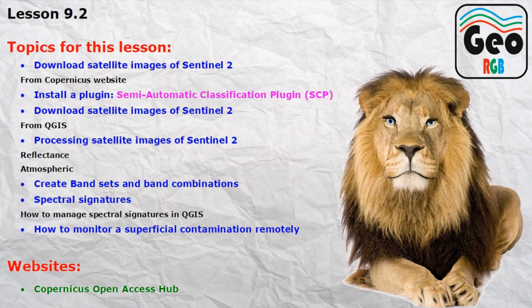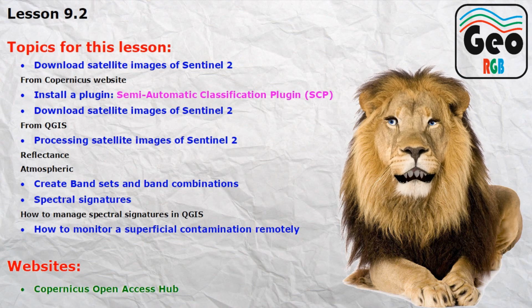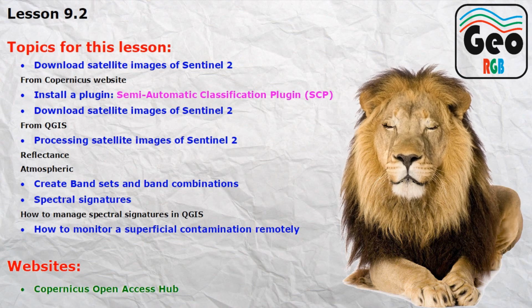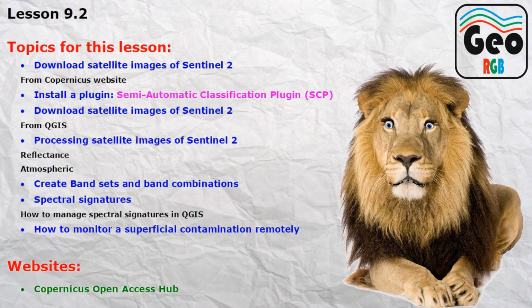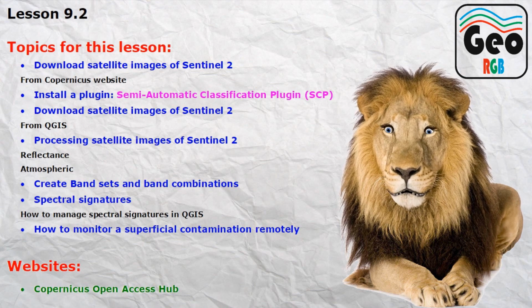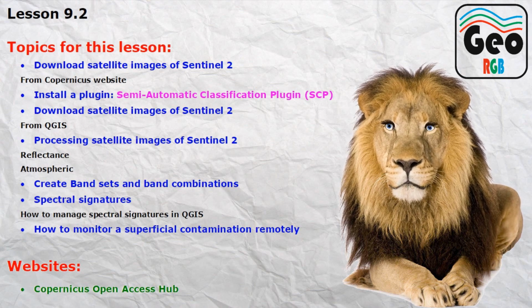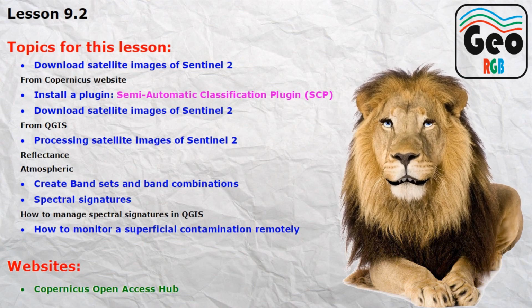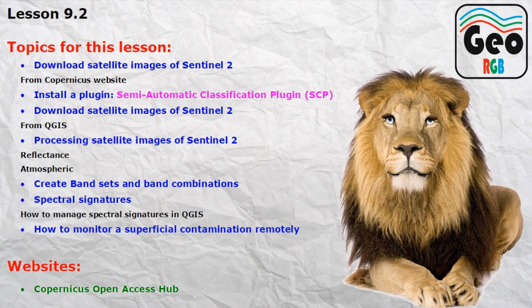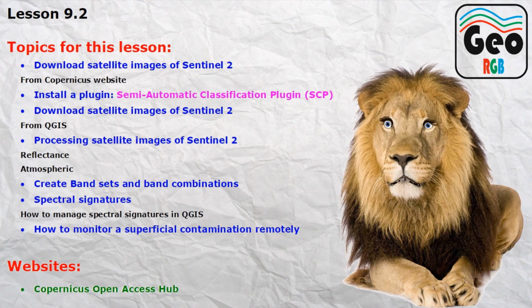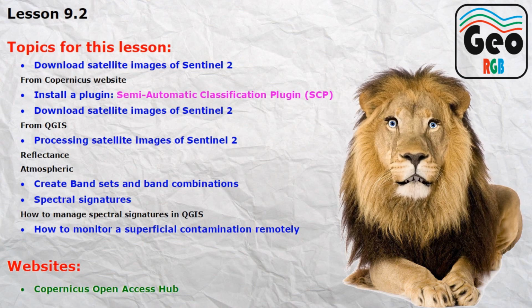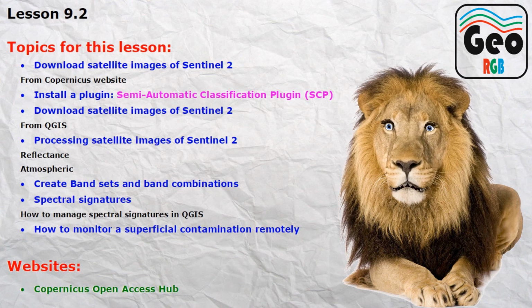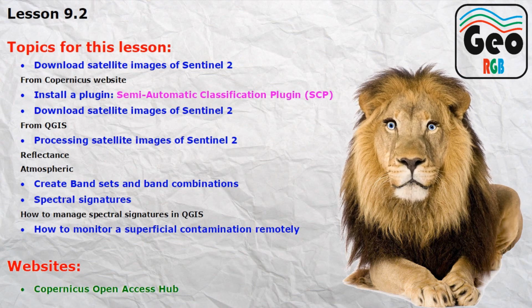This is lesson 9.2, and the topics for this lesson are: download satellite images of Sentinel-2 from Copernicus websites, install a plugin, semi-automatic classification plugin, SCP, download satellite images of Sentinel-2 from QGIS, processing satellite images of Sentinel-2, reflectance, atmospheric, create band sets and band combinations, spectral signatures, how to manage spectral signatures in QGIS, how to monitor a superficial contamination remotely. And the website we are going to visit is